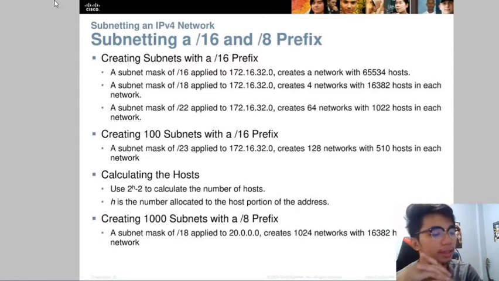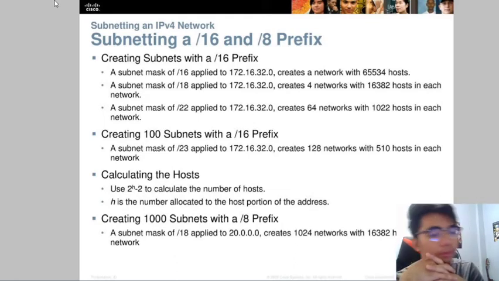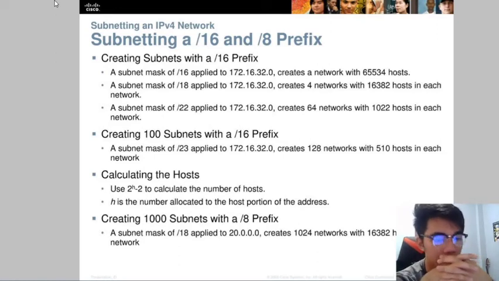Then creating 1000 subnets with a /8 prefix, a subnet mask of /18 applied to 20.0.0.0 creates 1,024 networks with 16,382 hosts in each network. Then after that,